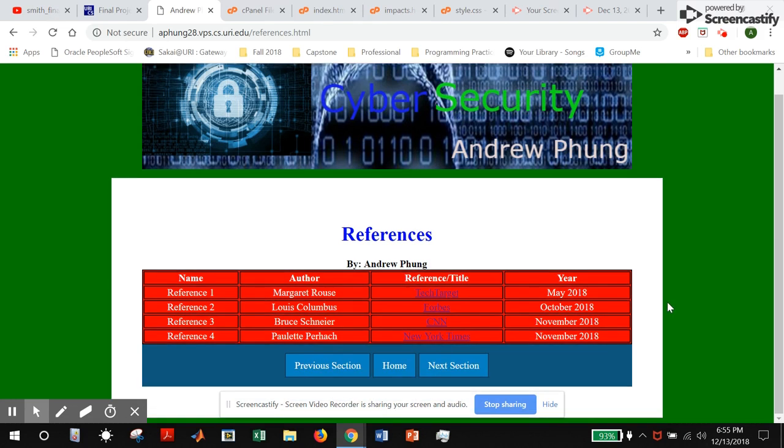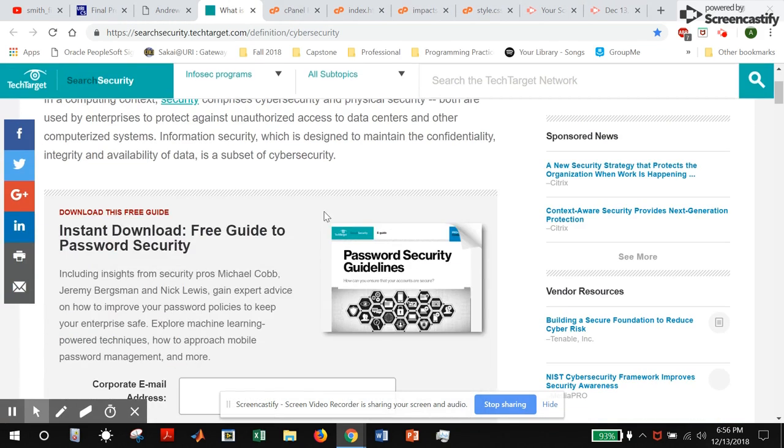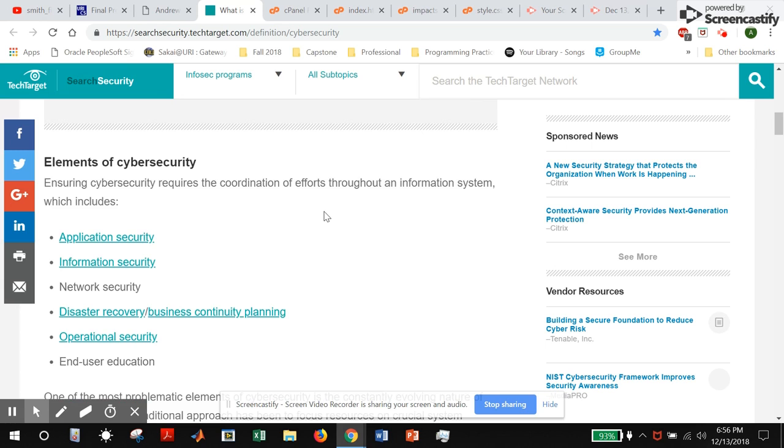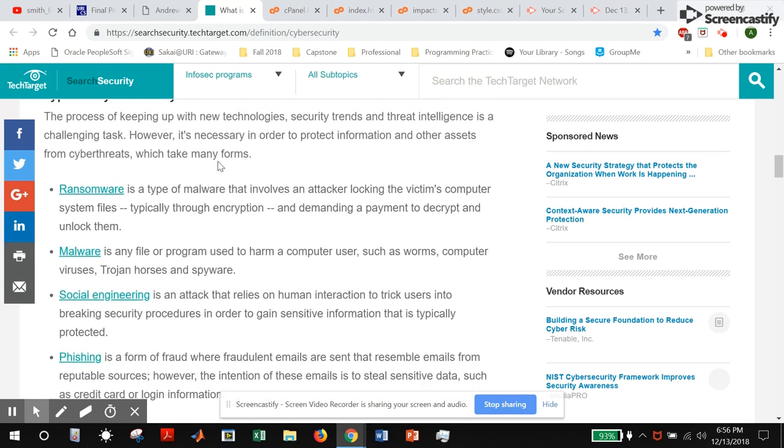Now, finally, these are the 4 references and sources that I use to provide supporting information and evidence for some of the responses to the prompts on my website. For the most part, my 2 most useful references were an article from TechTarget written by Margaret Rouse, which gave me a general overview of cybersecurity as well as the elements that make up cybersecurity, a bunch of the threats